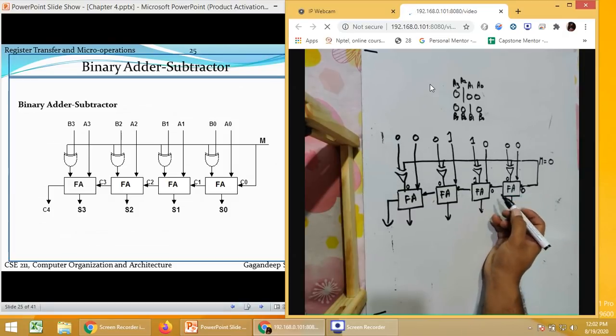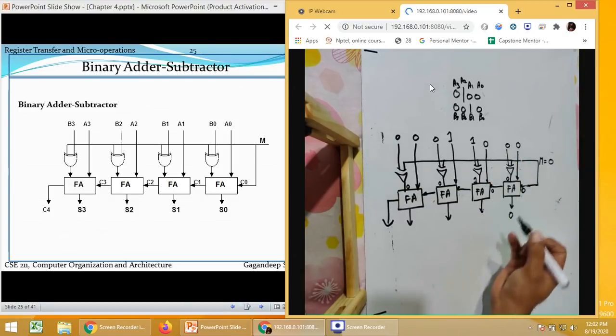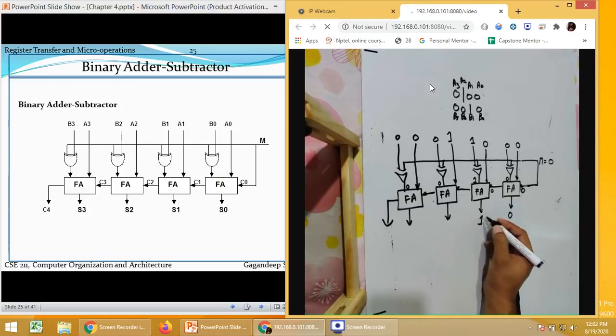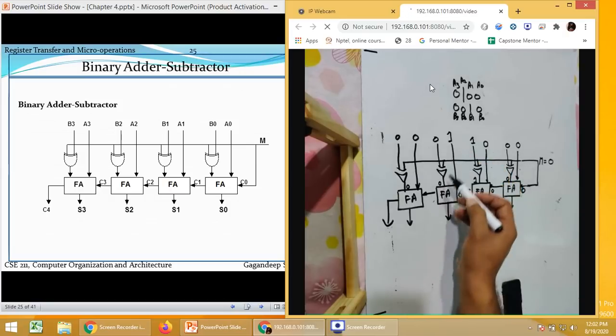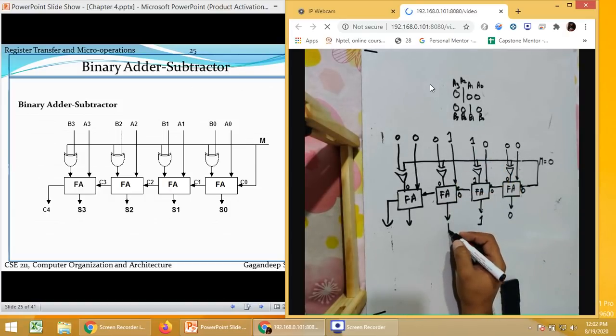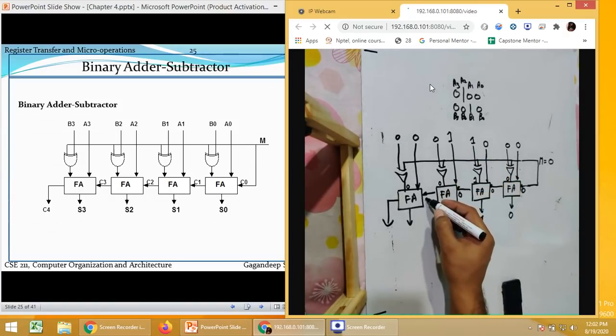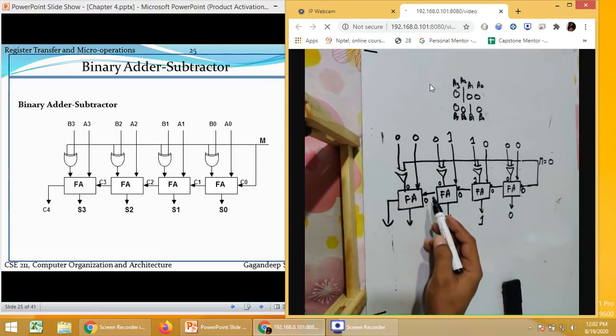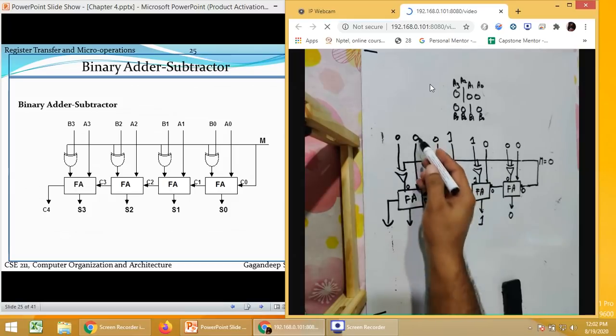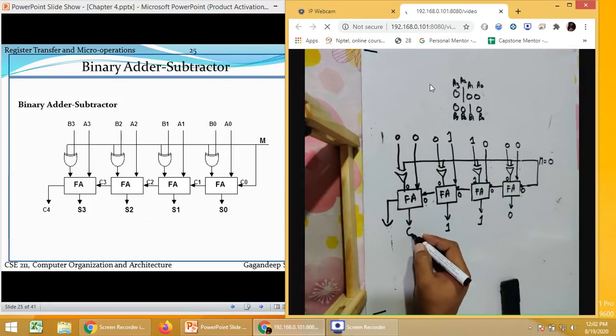Carry 0. 0 plus 1 plus 0, sum is 1, carry is 0. 0 plus 1 plus 0, sum is 1, carry is 0. 0 plus 0 plus 0, output is 0, carry 0.